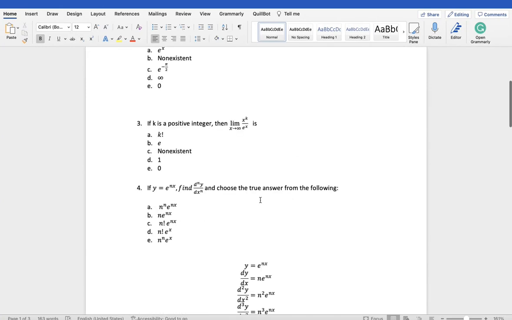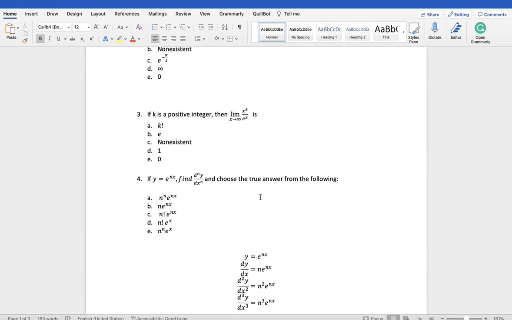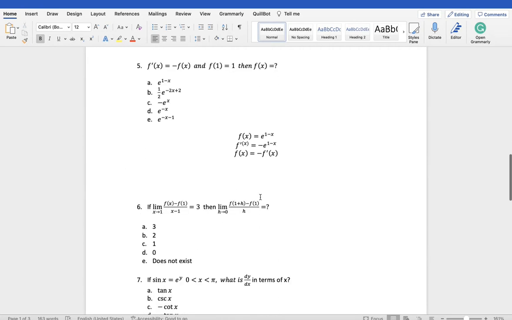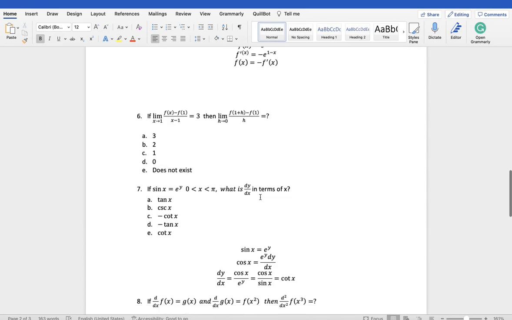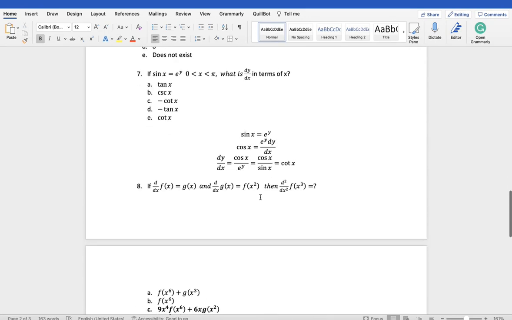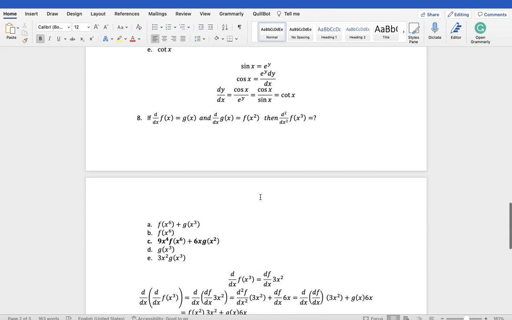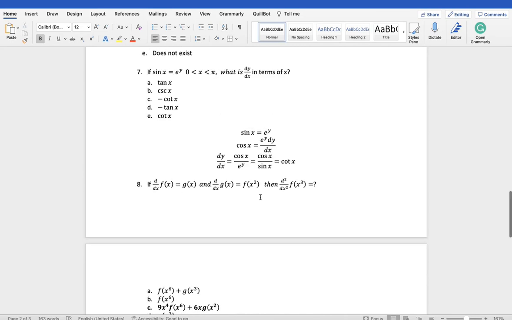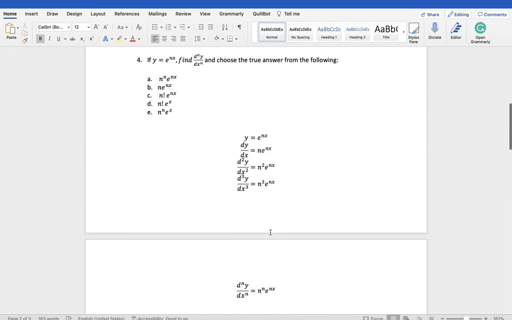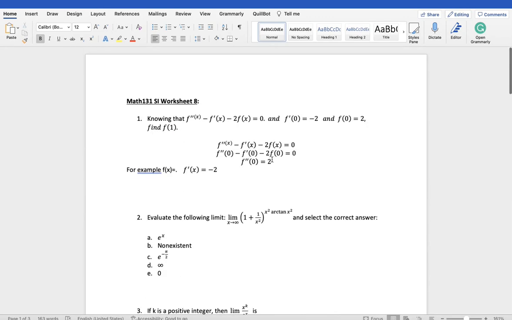We'll be looking at a few. It's sort of an autopsy after the test. We'll be looking at a few problems from the test that some people mentioned might have been a bit difficult. We did a few yesterday, but the more challenging ones we left for you guys to attempt as well. But we'll go through the ones that we didn't do yesterday today, right? And then maybe if you guys have any questions, we can go back to whatever we did yesterday, right? So looking at the first question here, which I think was a bit